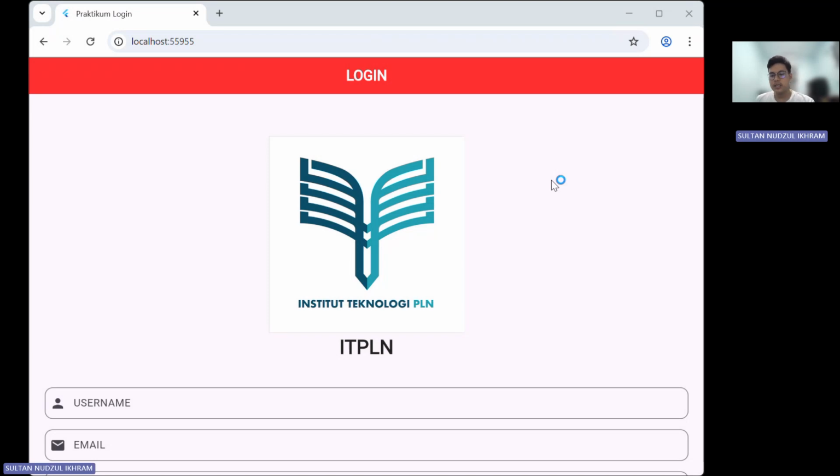As you can see, okay, now let's see the final result. I have run the application on my emulator, and as you can see, we have the login bar, we have the ITPLN logo,